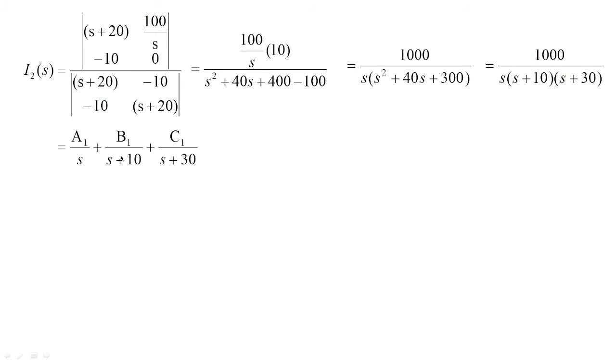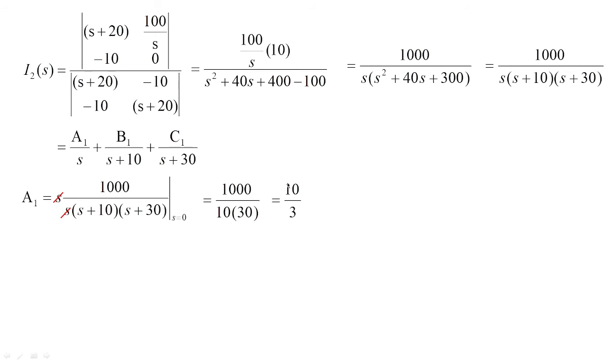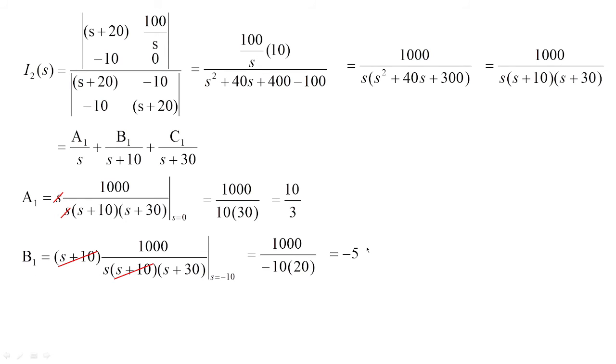With the help of partial fractions, I can obtain the values of A1, B1 and C1. A1 is equal to S multiplied with the main equation, that is 1000 by S into S plus 10, S plus 30. We are going to take out the like terms and substitute S equal to 0, where the value of A1 will be 10 by 3. Similarly, the value of B1 will be minus 5